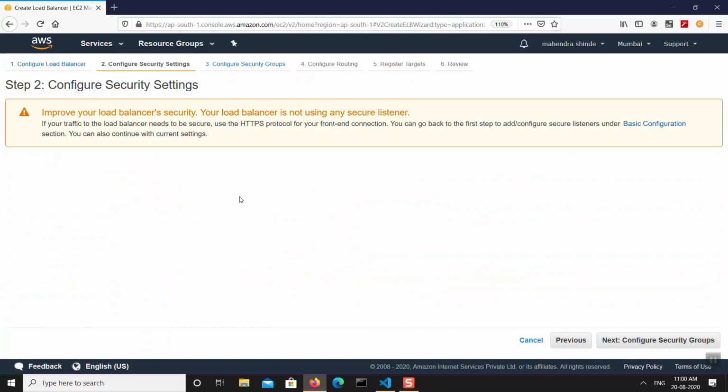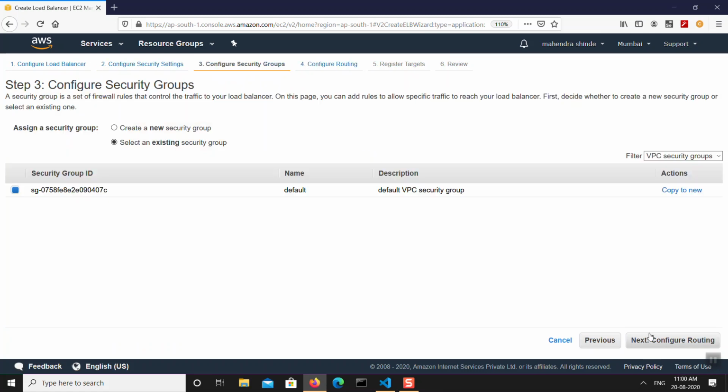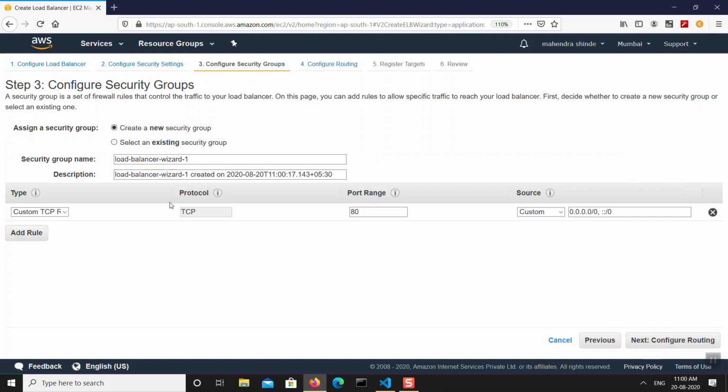I will get a warning over there saying that for securing the load balancer, you should use HTTPS with TLS security. I'm going to ignore that right now. Okay, and it will create a new security group. Either you create a new security group or you can just use the existing one, whichever is available there. I'll just call it ECS SG, for security group.